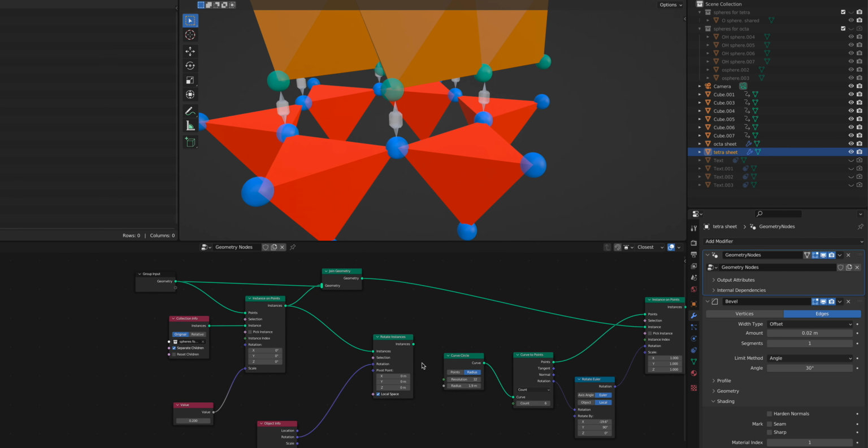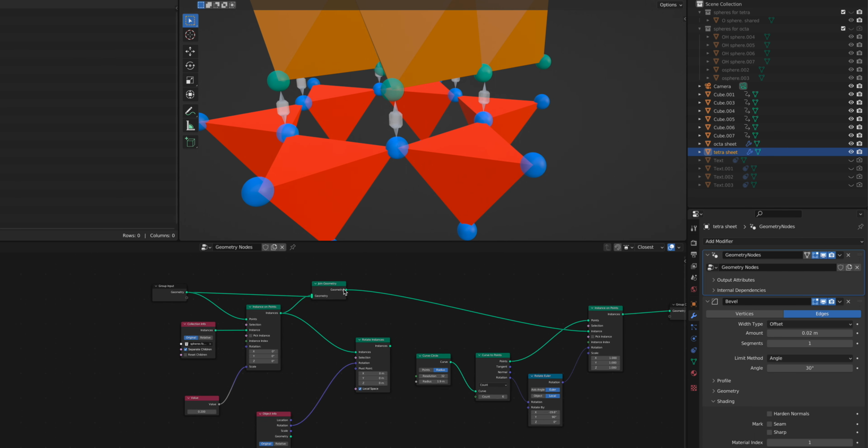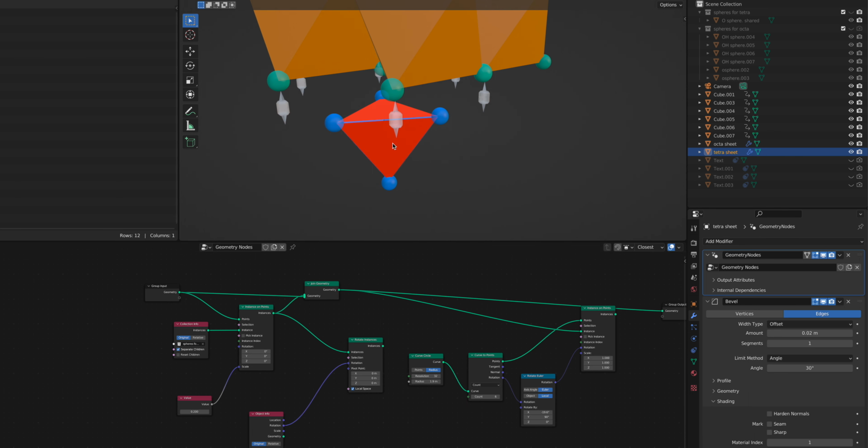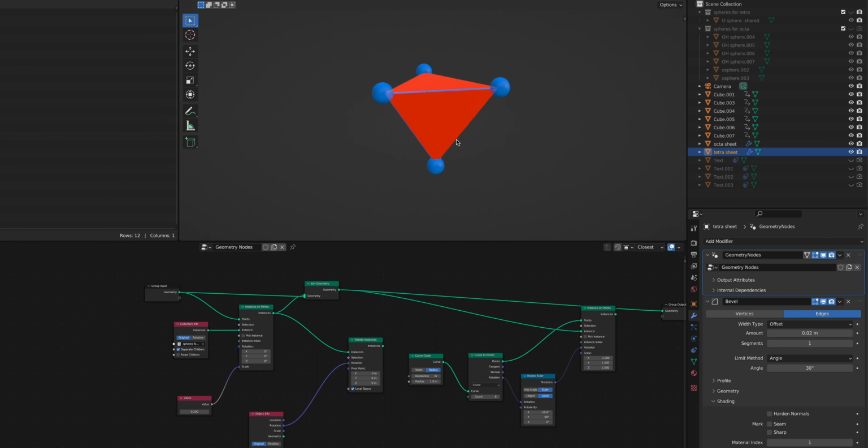And then, just that on its own looks like this. So we've attached a sphere to each point. But then what we're doing is,